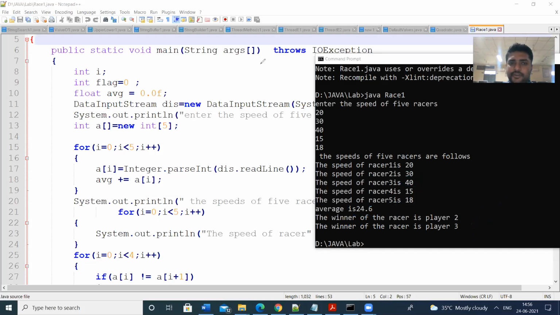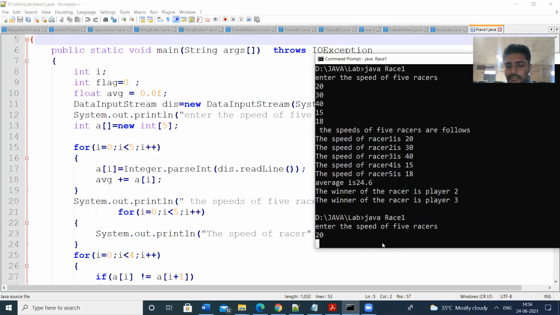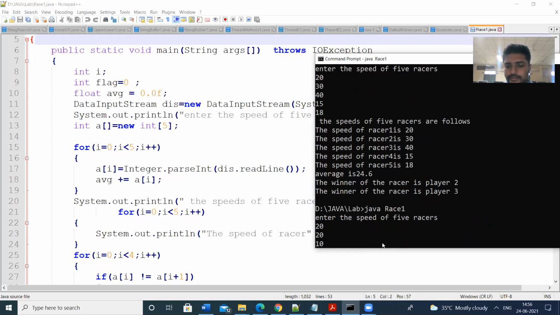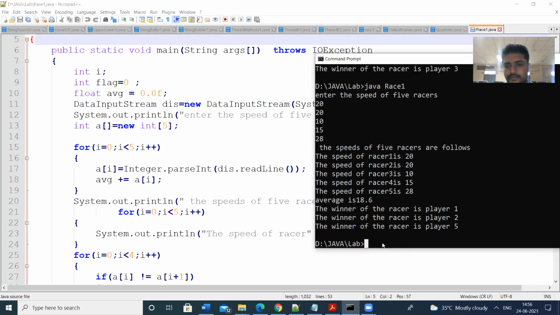Let us see what happens when you give other speeds: 20, 20, 10, 15, 28.